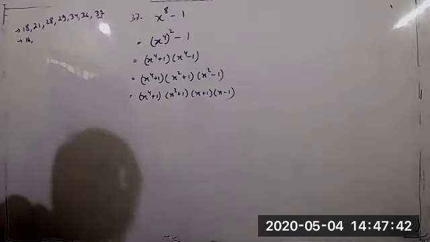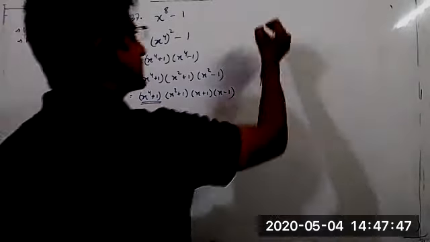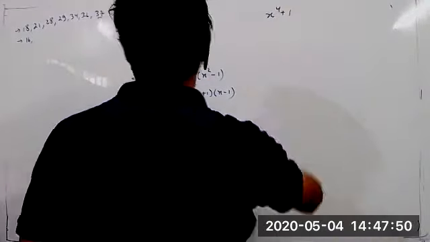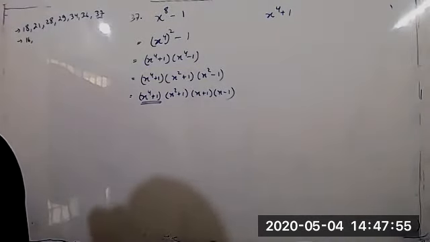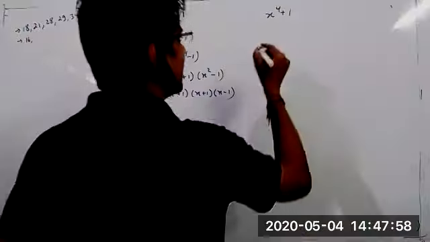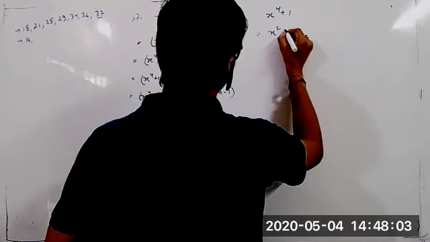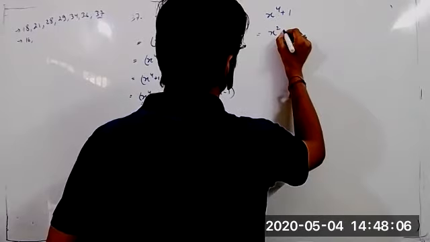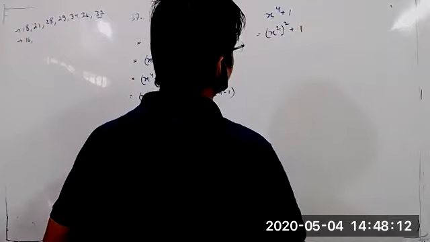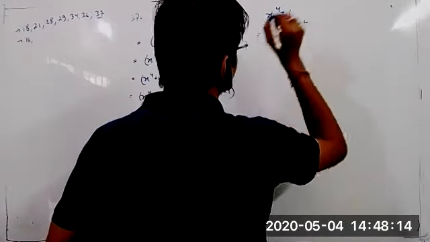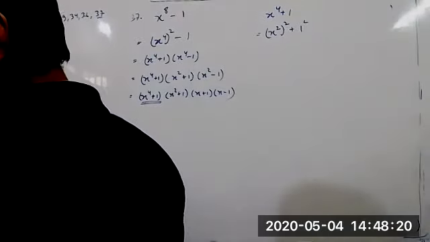No, sir. Now, how can you factorize this? Anyone wants to pitch in? Sir, x to the power 4 I think plus, x square whole square plus 1 square. Tell me, go ahead. What are you saying? X square whole square plus 1 square. Okay, then I'll write it as 1 square. Chalo. What then?